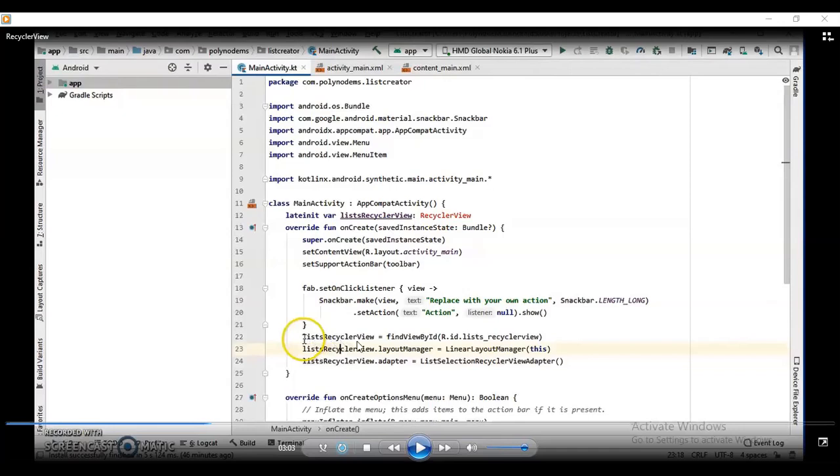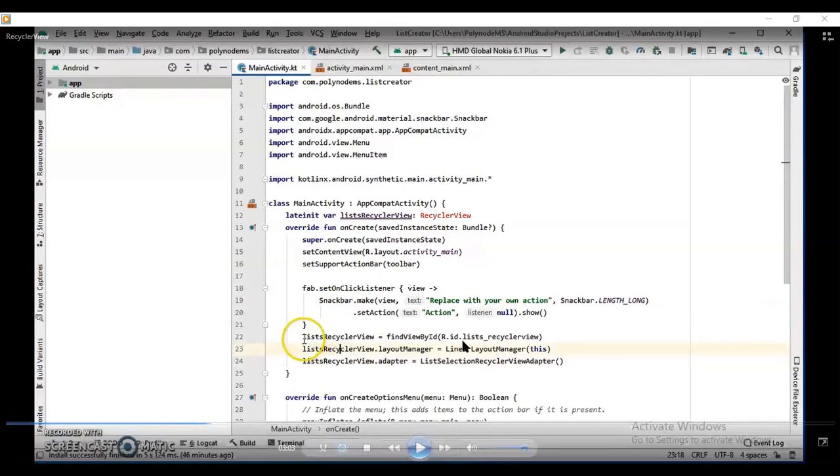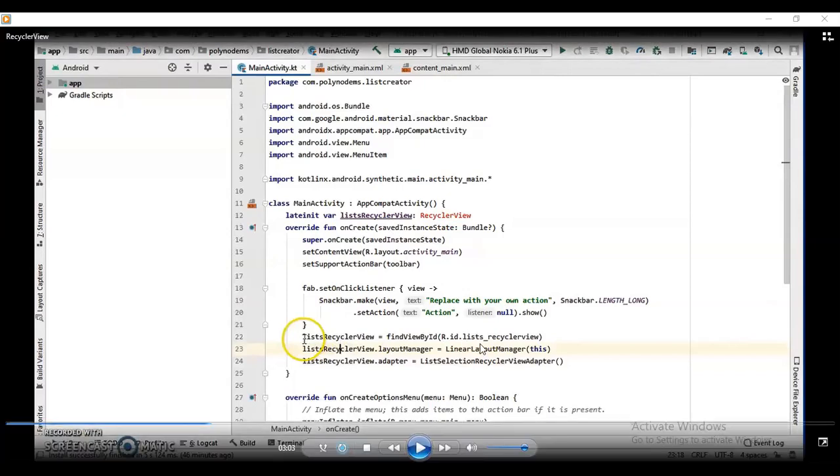What I am assigning to this list recycler view is findViewById. We have created that ID identifier for the recycler view that we dragged and dropped into the content main design view. So we are finding it, and this list recycler view will refer to the recycler view that we added into the content underscore main design view.